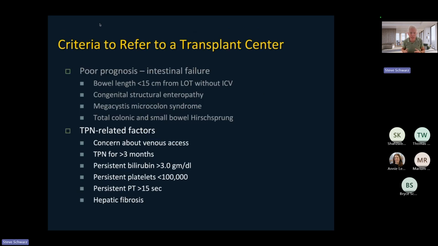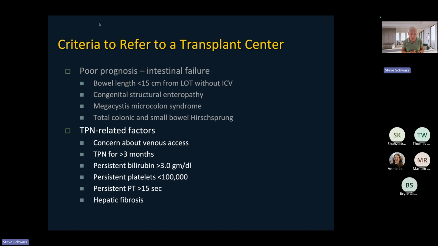The TPN-related factors, again, that we would use to refer a patient to a transplant center, and hopefully we'd never have to do this. We talked about those problems related to intestinal failure, but those related to TPN-related factors are concern about venous access. Any infant who's on TPN for more than 3 months and shows evidence of liver disease,